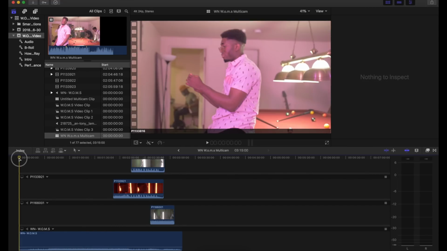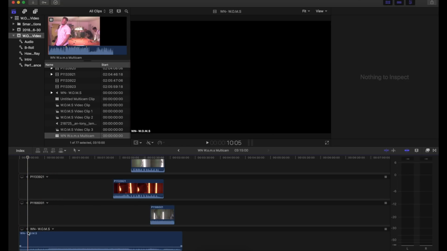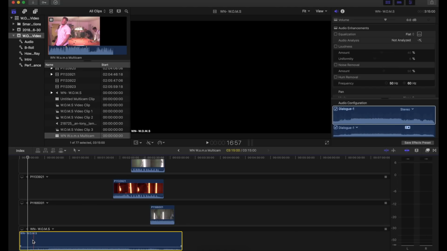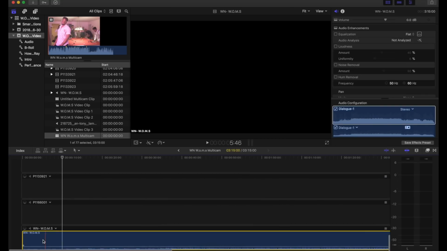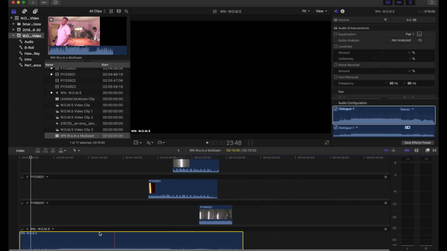A weird thing can happen sometimes, and I'm still not sure why, but sometimes when you make this multicam clip, you'll notice the mastered version of the song is pushed out to like here, and it's not hugged up to the edge. You want to make sure that this is hugged up right to the edge here, which it is. It did it this time, but sometimes it doesn't.